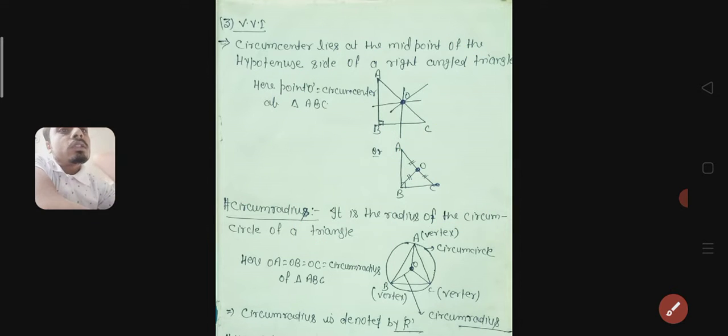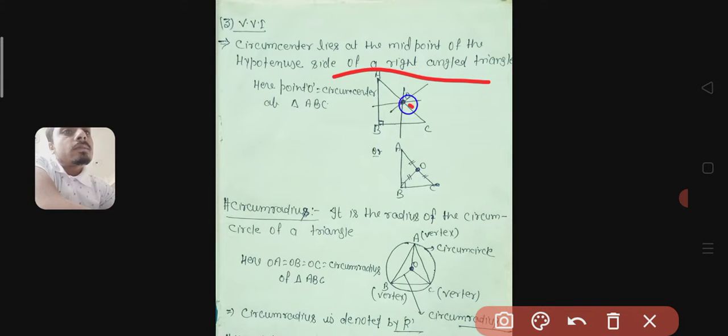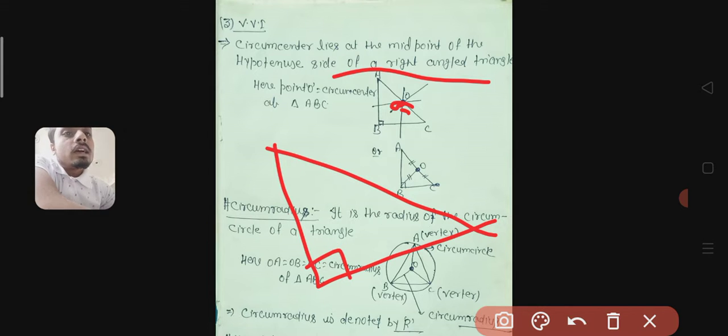Exactly, this is the concept. The circumcenter lies at the midpoint of the hypotenuse in a right angle triangle. Yes, the circumcenter and the midpoint coincide in a right angle triangle. That's why if you draw a right angle triangle and draw its circumcircle,